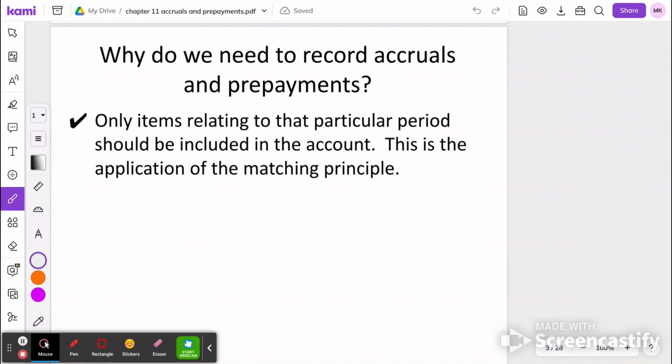For example, the day today is January 31 and your electricity for January is $200. It doesn't mean that when you get the bill, you will go immediately to the electricity company and pay the bill, right? Sometimes you do it the next day. And that is why we record accruals.